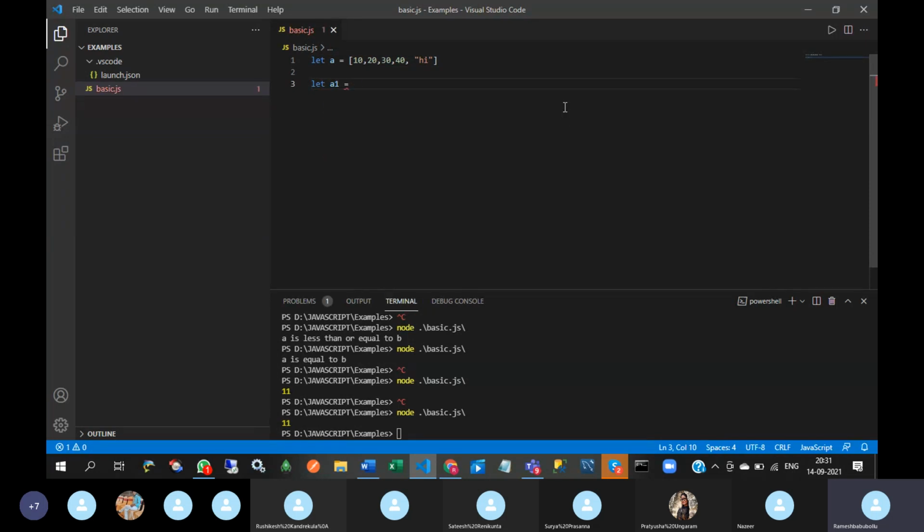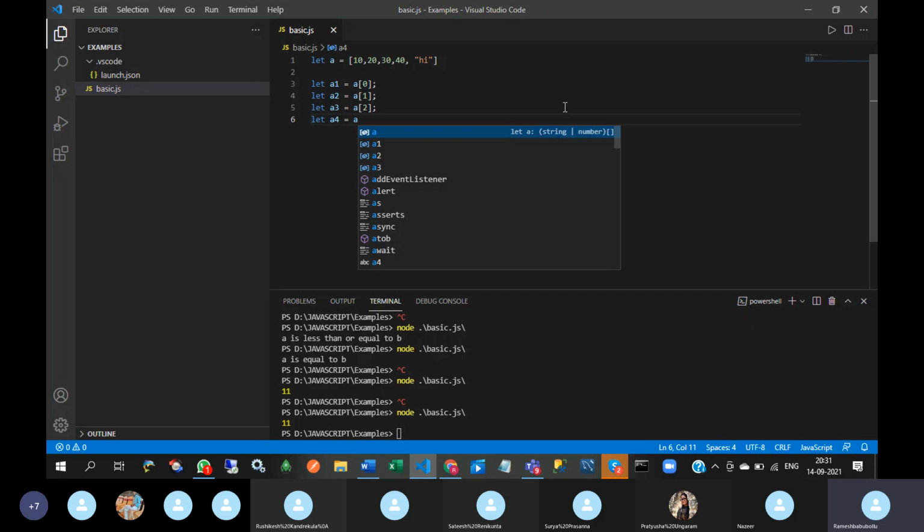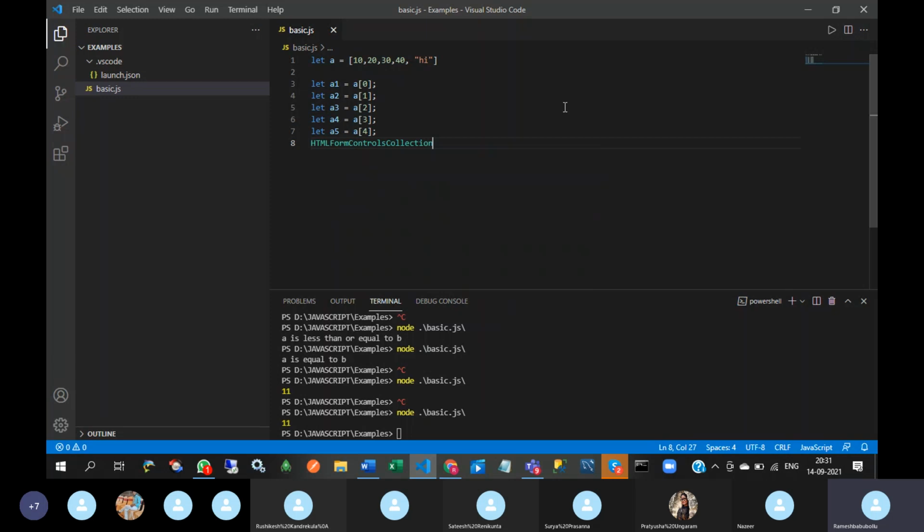Let a1 equal to a of 0, let a2 equal to a of 1, let a3 equal to a of 2, let a4 equal to a of 3, let a5 equal to a of 4, console.log a1.